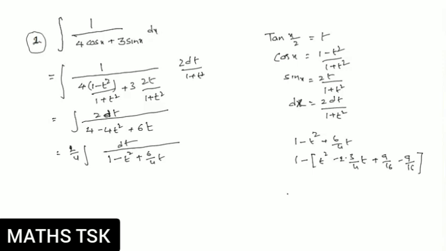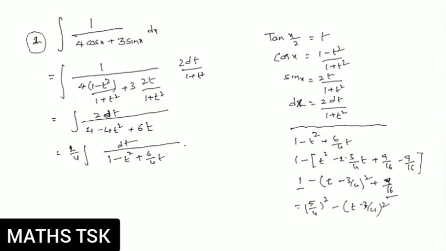Right. You can write this as 1 minus t minus 3 by 4 whole square, the first 3 terms being a minus b whole square, and then minus of minus, plus 9 by 16. 1 plus 9 by 16 is 25 by 16. I can write it as 5 by 4 whole square minus t minus 3 by 4 whole square. Okay, so this is the second part of the work.